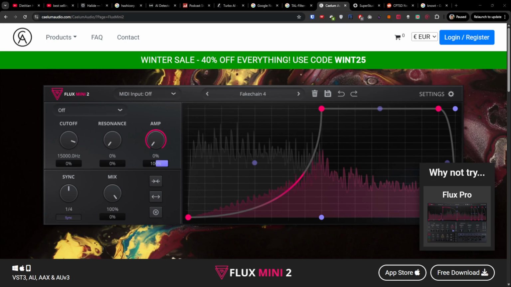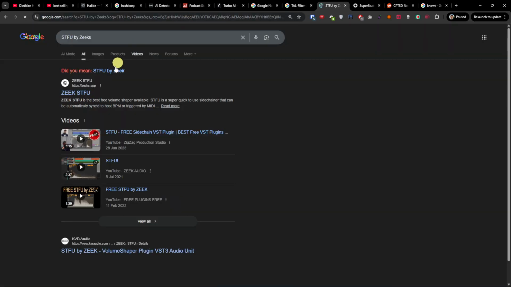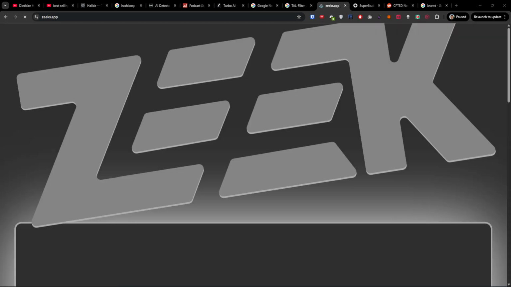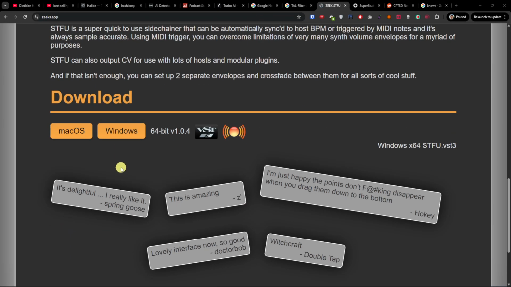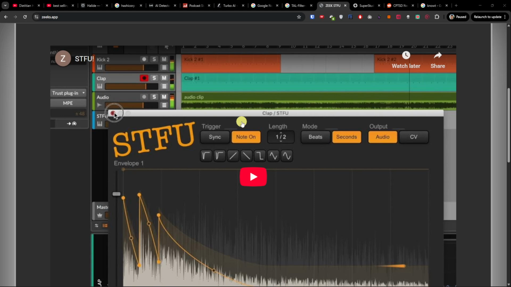And STFU by Zeeks. So this is completely free too, and you can download it. But this is volume ducking only, no filter or other effects modules, no multiband processing, limited